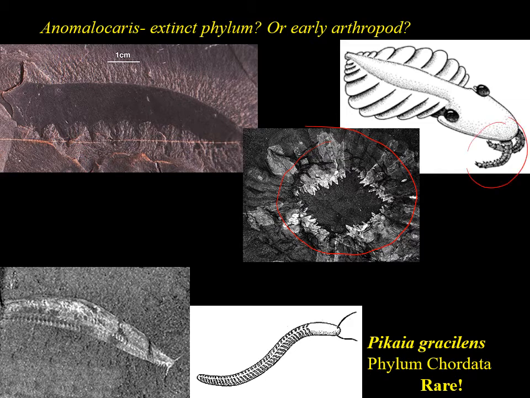And then yeah, down at the bottom there's Pikaia again, this little kind of stalk-eyed fish-like organism. These are really, really rare though. I do want to mention that Pikaia is a very, very rare chordate in the Burgess Shale. You don't find them very often, and that's really important, and we'll come back to why that's important here in a little bit.